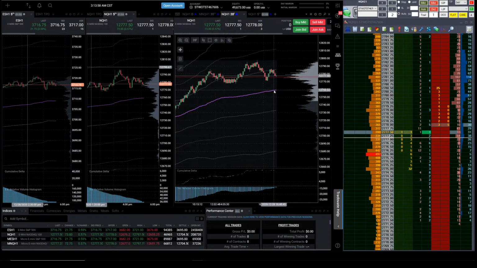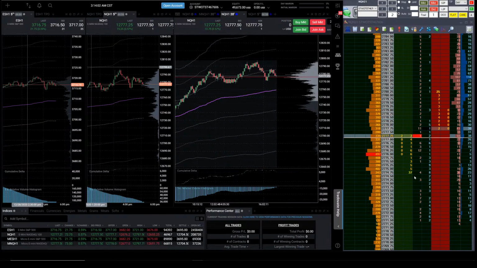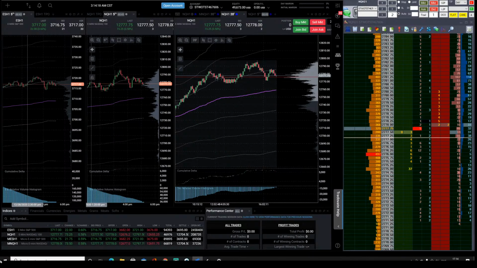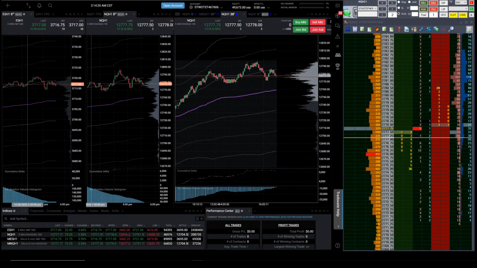And with the light volume, real thin book, real easy to jam the market around whichever way you want if you're a big player in these light holiday trading days. So let's see what we get here with this stream. And then we will rejoin for the regular trading